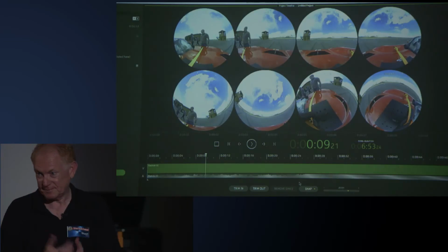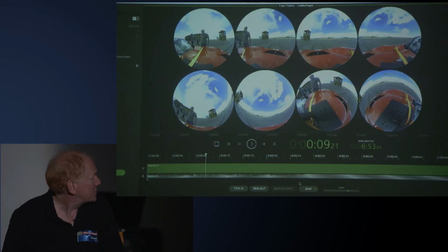To a large extent, VR is very similar to cinema in the sense that I've got raw footage, I've got to develop it into a file format that's consistent for the post-production industry. I've got a sound component to it. I've got graphics that I might need to add, and I've got to do a deliverable to whatever my distribution platform is. There's one extra thing in VR, this thing called stitching, which is not in any other device. And stitching is literally, I got those 8 images, I need to put them together into one image. But first of all,